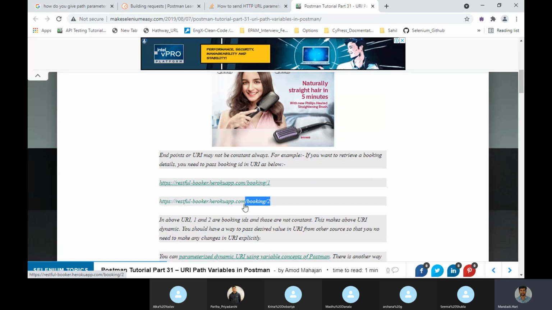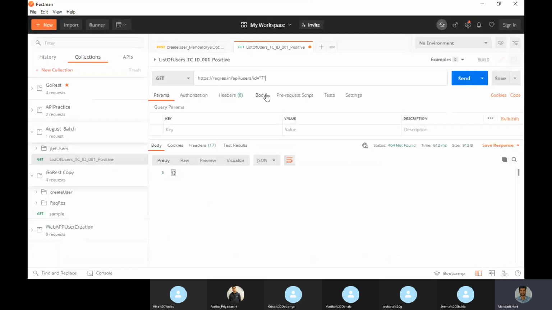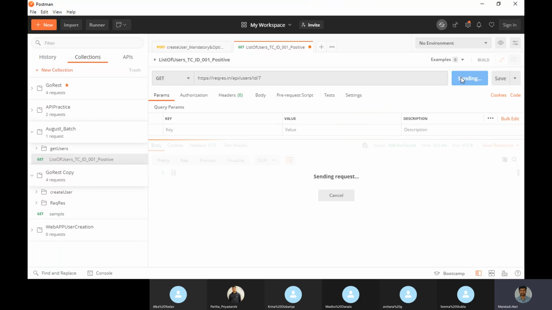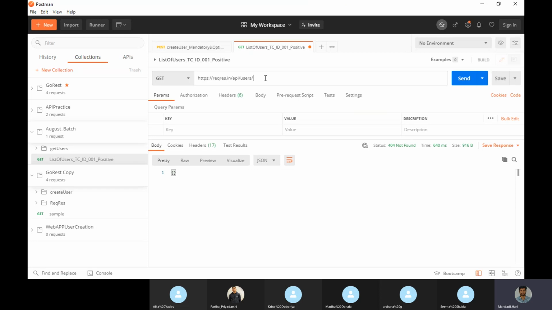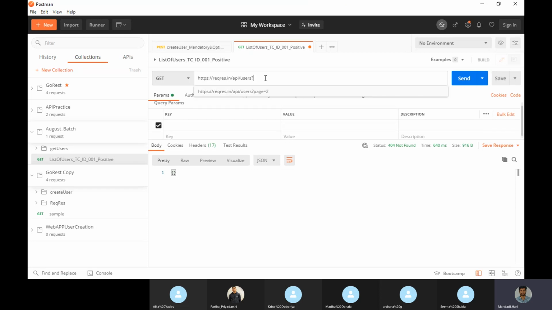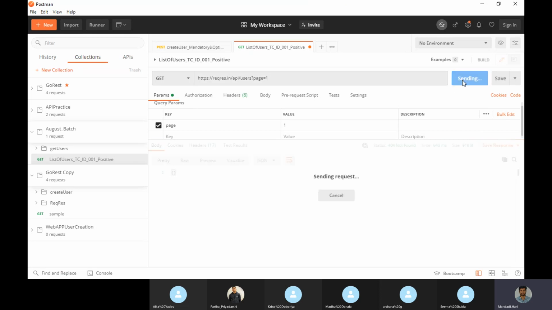Let's go now. Yes, with slash. Okay, they are saying ID is 7. Let's see whether we got it or not. Okay, see why we are getting ID 7, because it is not in page number 1. Let's see first who all are there in page number 1, and we will try to get it in the first page. For the second page also we will try now.